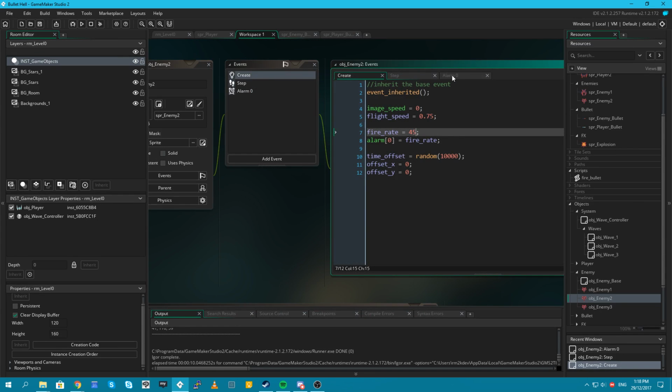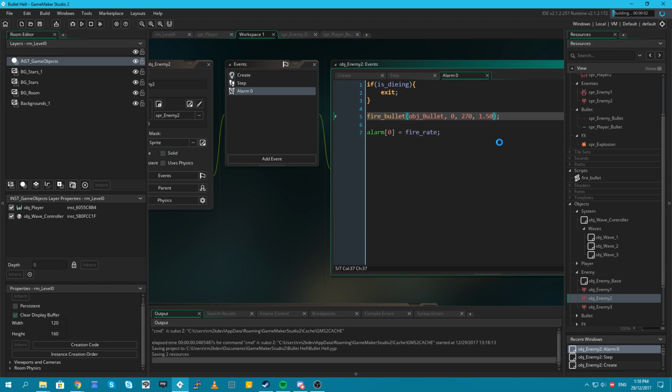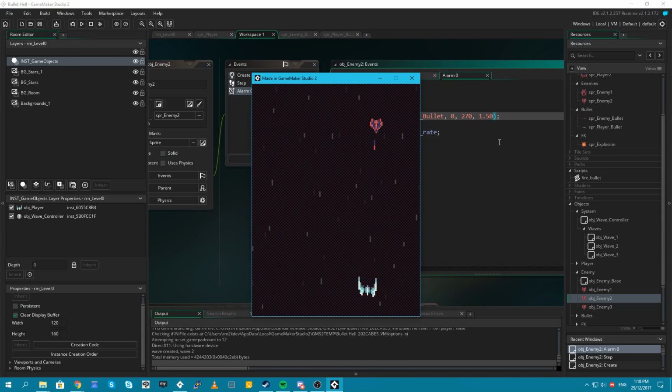The fire rate is okay, the bullet speed is too fast. Let's set the bullet speed to like 1.5. 1.50. So it's 0.5 slower. That's better. Now you've got time to get in and get out of the way. Again, we have to play with their health values because their health is still a little bit too high. You should be able to just get in like that, and that should be enough. So maybe they only need to be hit twice.